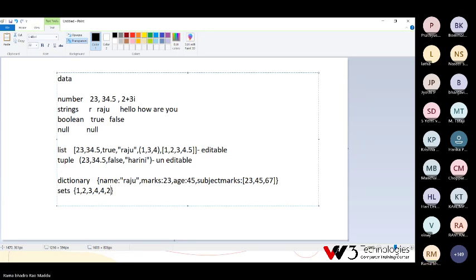అండ్ సెకండ్ థింగ్, ఒకే వాల్యూ కనుక రిపీట్ అయితే అది వన్ టైమే తీసుకుంటుంది. అండ్ సెట్ వాల్యూస్ ఆర్ నాట్ ఎడిటబుల్. ఇది కూడా ఎడిట్ చేయలేము, ఎందుకంటే మీరు 1 2 3 4 4 2 ఇచ్చారు. అవుట్పుట్ ఏమొస్తుందంటే మీరు ప్రింట్ చేస్తే కనుక 1 కామా 2 కామా 3 కామా 4 వస్తుంది, అంటే 2 రిపీట్ అయింది, ఎక్స్క్లూడ్ చేసేస్తుంది. 4 రిపీట్ అయింది, ఎక్స్క్లూడ్ చేసేస్తుంది. అంటే రిపీటెడ్ థింగ్స్ అనేవి సెట్స్లో తీసుకోదు, వన్ టైం మాత్రమే ప్రింట్ చేస్తుంది. సో దీస్ ఆర్ ది డిఫరెంట్ డేటాస్ సపోర్టెడ్ ఇన్ పైథాన్.